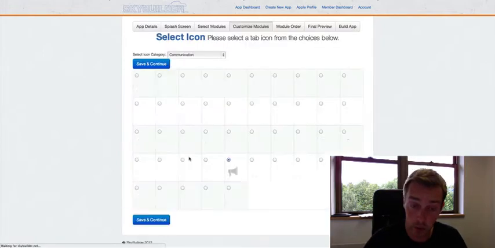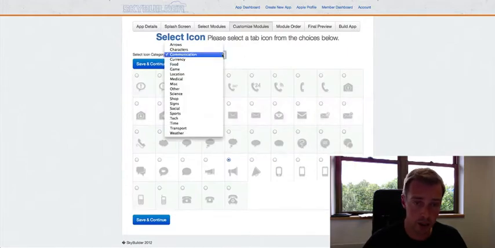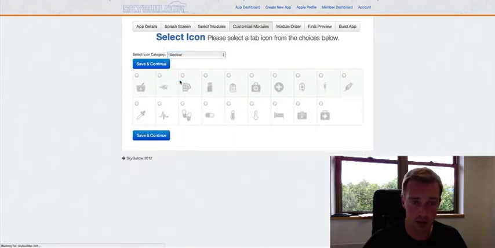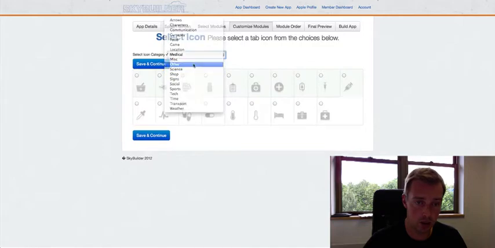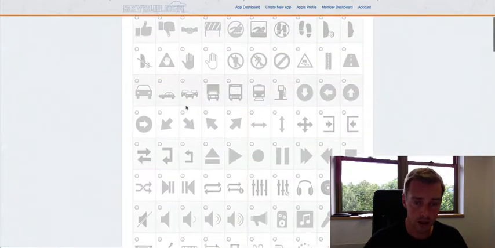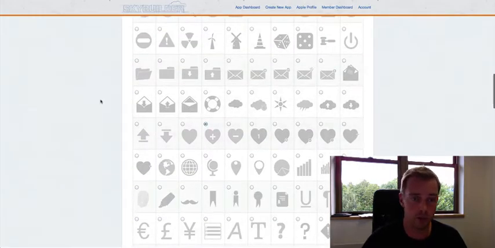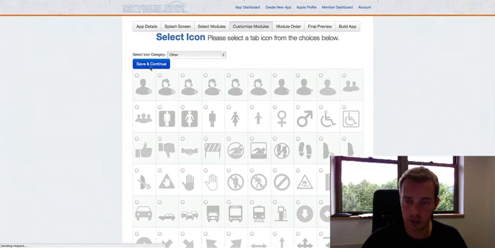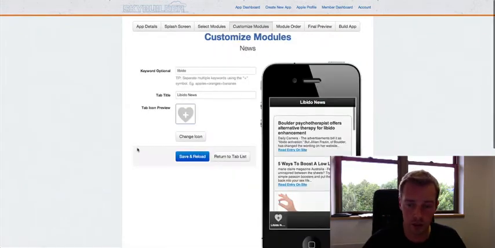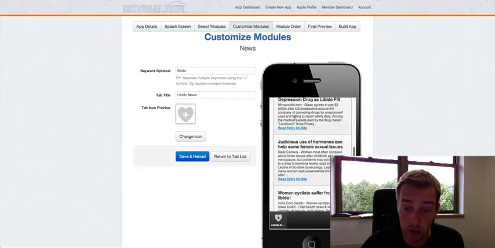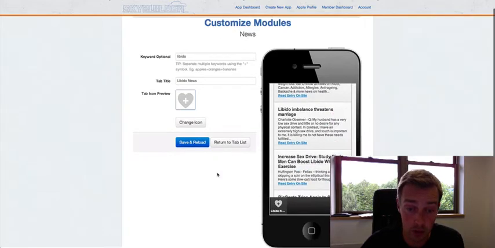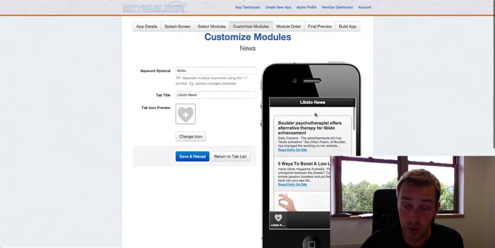And then we can change the icon if we want to. You can utilize any of these. So let's just say, for argument's sake, I went into other. And I know that there is a heart in here somewhere, so let's just use that one for now. Obviously I'd spend more time going through this, but this is just to give you a very quick example. And you can see there straight away, it's gone out, found relevant news articles related to our keyword, and it already adds them to the application. Very clever and very quick.